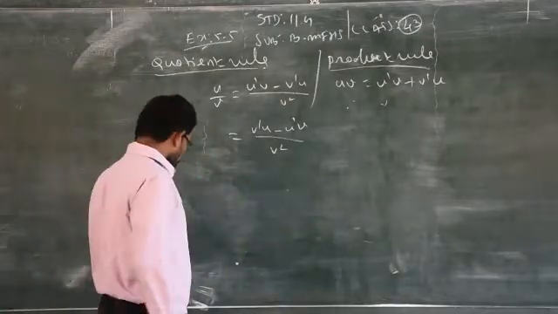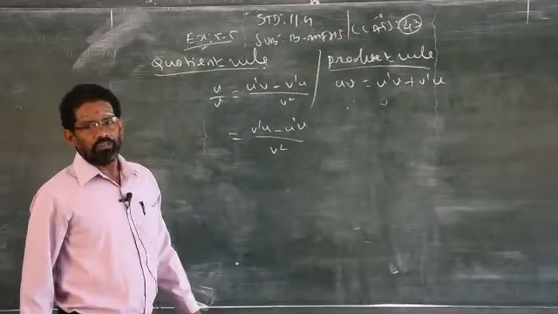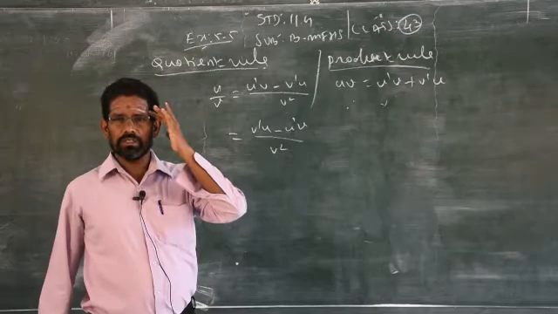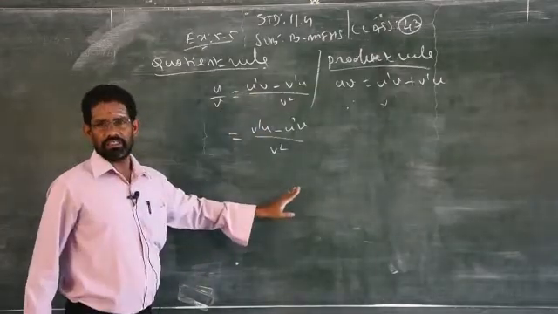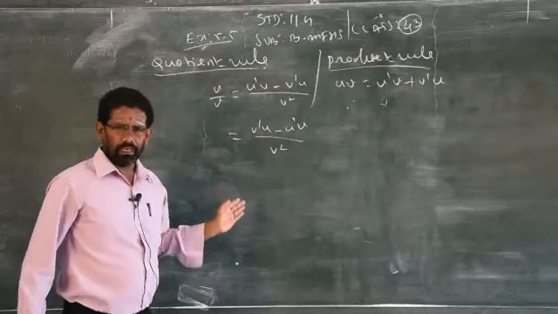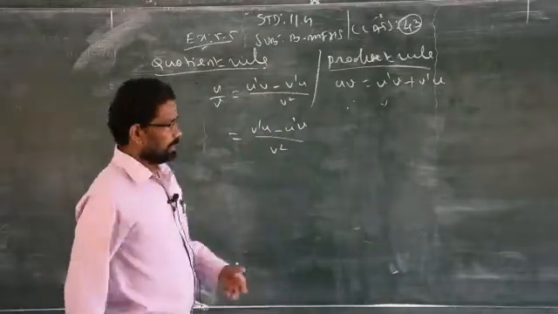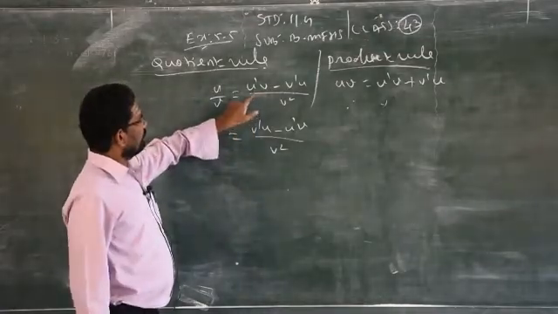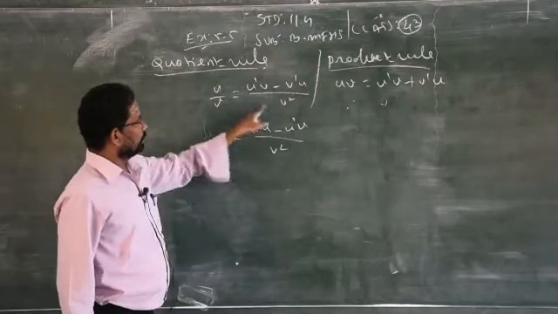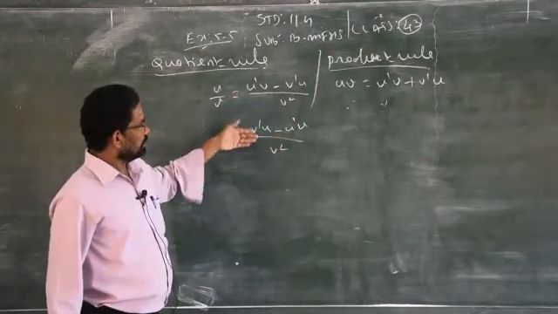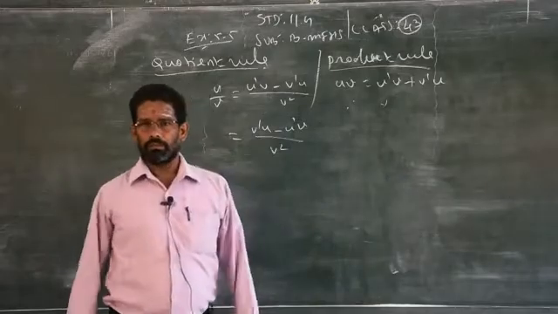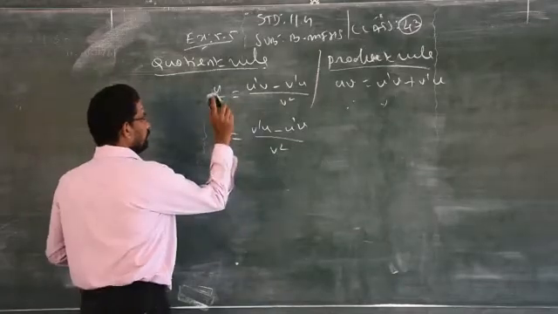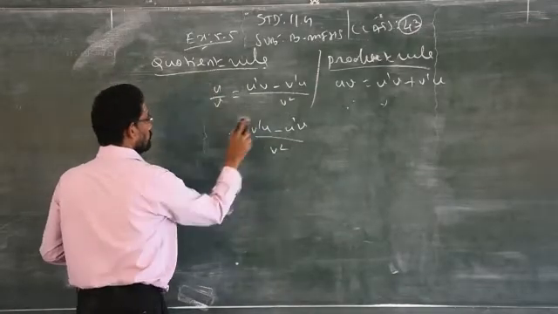You have to always differentiate the numerator of the fraction first. Clear? In that way, keeping the conditions for the quotient rule, you never get a wrong answer. If you interchange, you will get only a negative; there will be a change only in the negative sign. Clear? Sometimes the book answers may be wrong, doesn't matter. You please follow this exact formula for the quotient rule. Don't follow the other one. Based on these two, I did one problem yesterday to make you clear what the exact formula is. So, take this as the formula for the quotient rule.